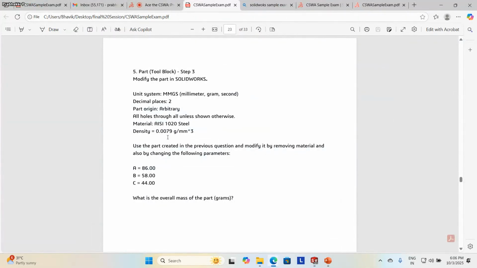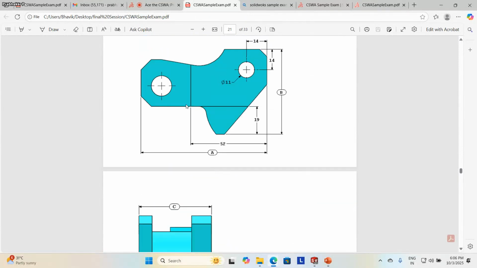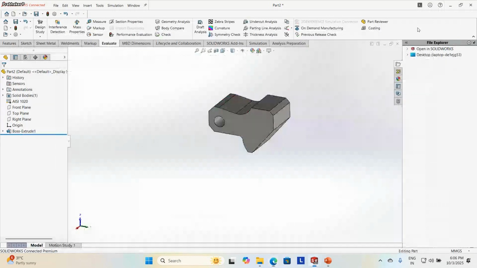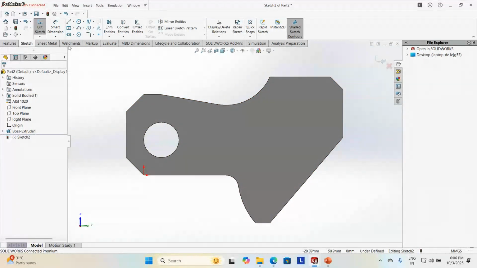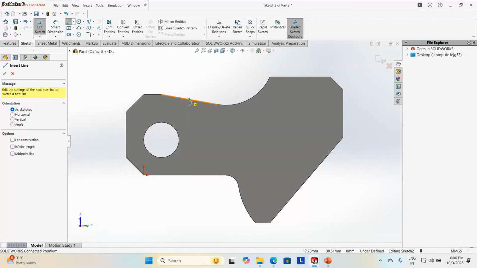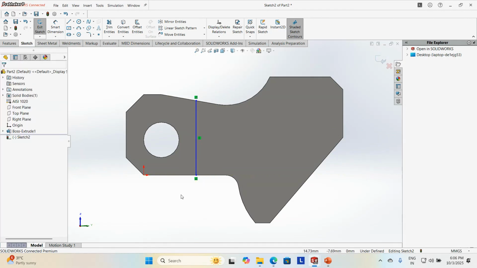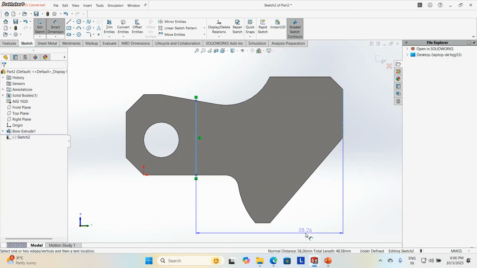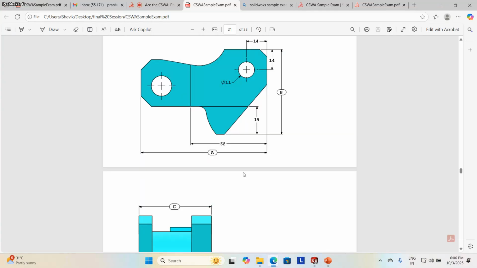Okay, once that is done, the first step is I will cut these dimensions. So I just go to sketch, select this face. This face will act as the sketch plane. Now I'm randomly, not selecting the midpoint, away from the midpoint, I just randomly select and make a line. Then I give this dimension as 52. This has been given as an input. Here it has been given as 52. That's what has been taken.